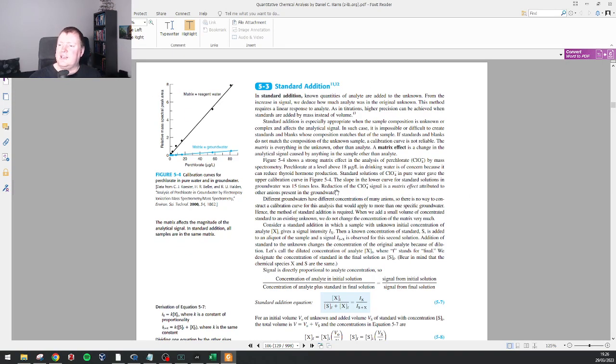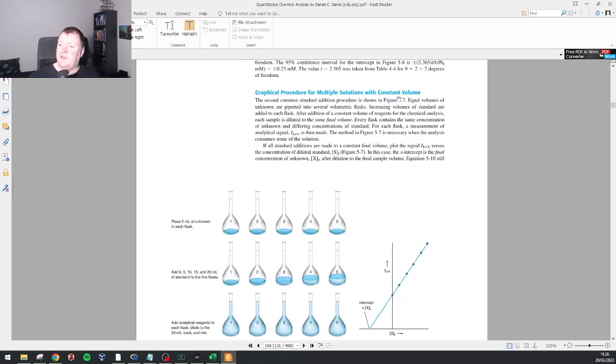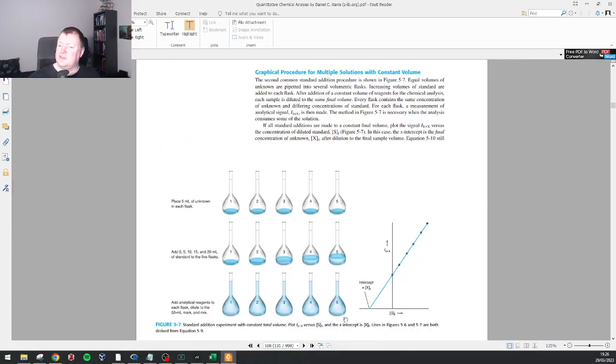So you can do standard addition just with one sample. You usually should avoid that and instead use multiples. But you can either do it by having a sample where you continuously add more and more of your iron standard, for instance, or you can use the constant volume method so that you can just solve it graphically like